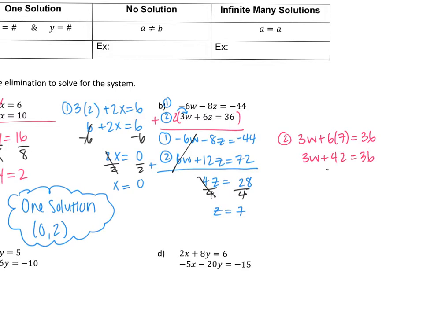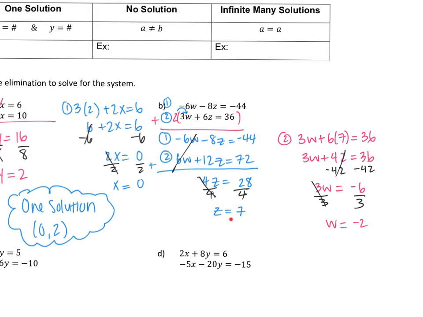If I subtract 42 to get the w by itself, I get 3w equals 36 minus 42, which gives me -6. And if I divide by 3 here, my w is -6 divided by 3, which is